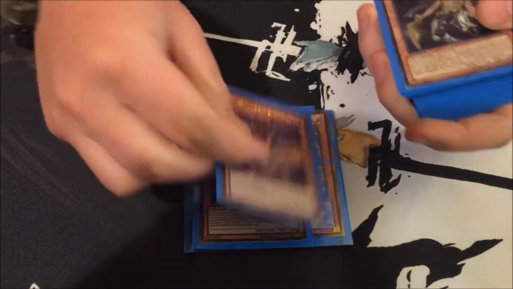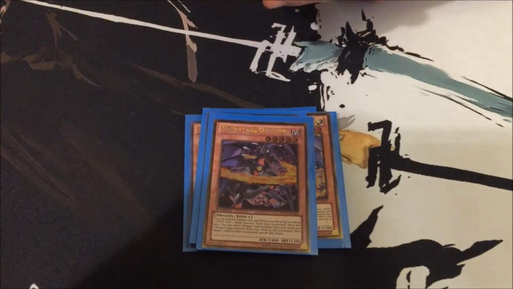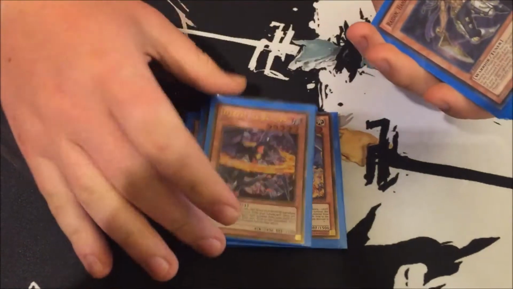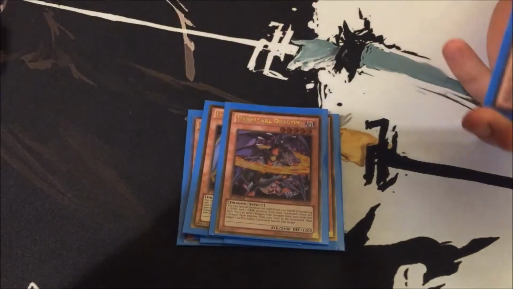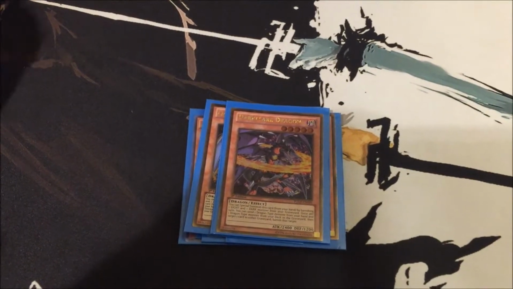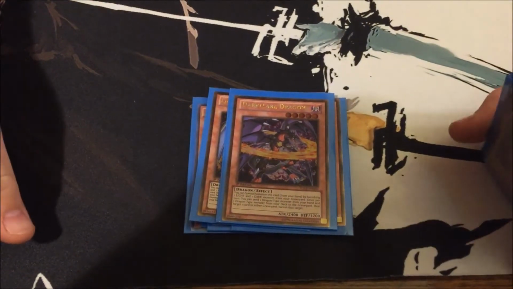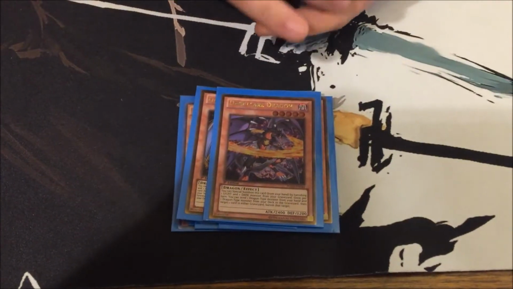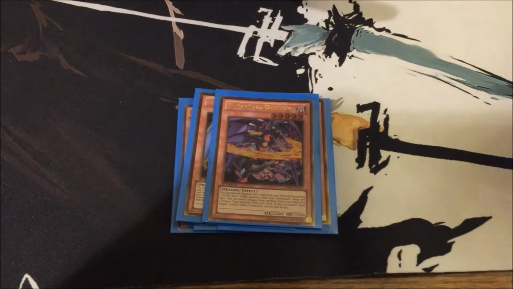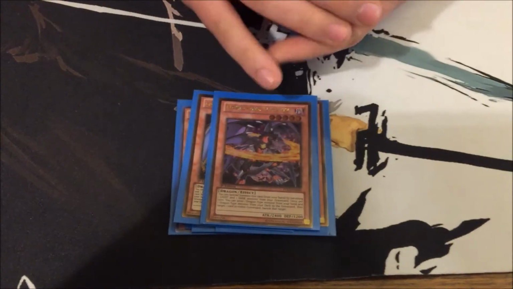Our next card, which again I wish I had more of, is Dark Flare Dragon, which again is the same as its counterpart. You banish 1 light, 1 dark, and then you would special summon it only from hand. Then its second effect is basically drop a dragon type from hand or deck, banish 1 card in either player's graveyard. So on to our